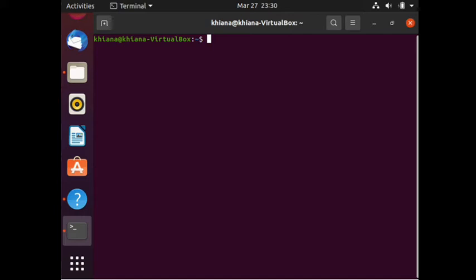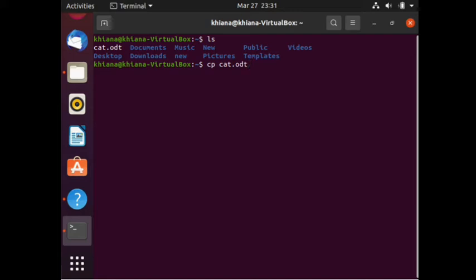So now let's try it. First let's check the files that we have. Let's use the ls command. As you can see, we have cat.odt. So that is what we're going to use. So let's have cp cat.odt and then let's create white